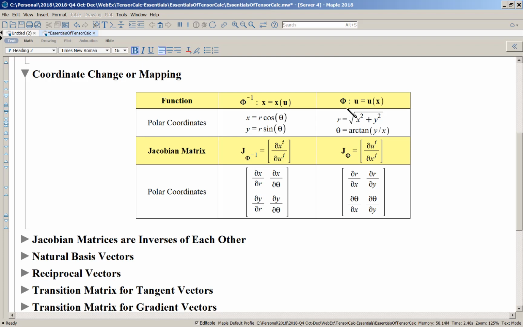Here are theta, in general u1, u2, and so the function phi expresses how to get from where you are now to the new system. So that is the forward map, and this is the inverse map, and that will be very important throughout all of this discussion. Now, each of these transformations, whether it's forward or backwards, has a Jacobian matrix,